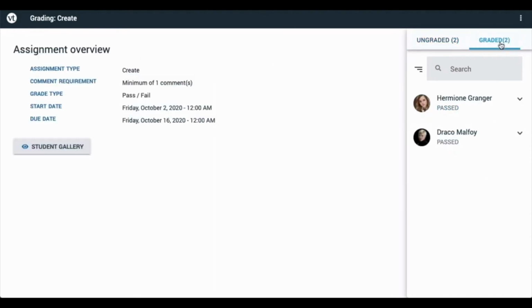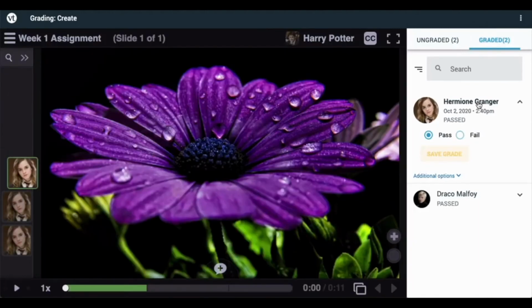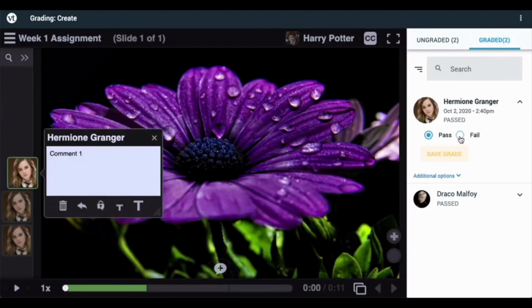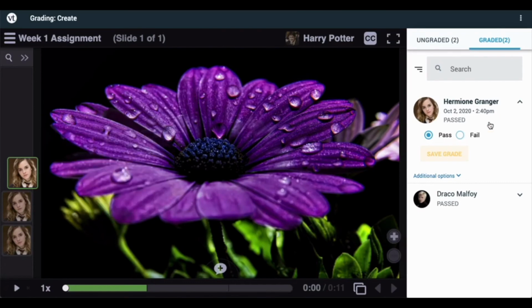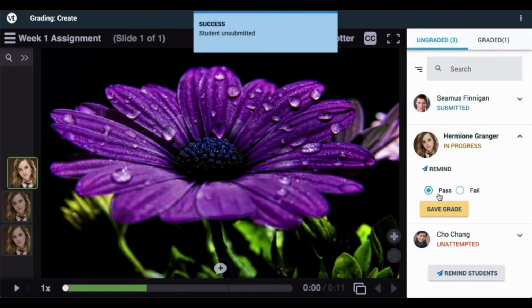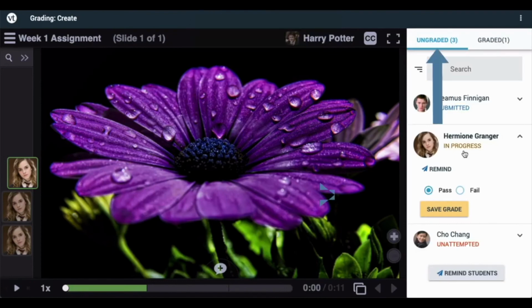Click on the Graded tab in order to go back and see the students who have already been graded, and click on their names in order to review their submission again and change their grade if desired. You can also go to Additional Options and unsubmit the assignment. If the student needs to try again after you've given them some feedback, click on Unsubmit, which puts them back into the ungraded area, and they are listed as in progress and will continue to be in that state until